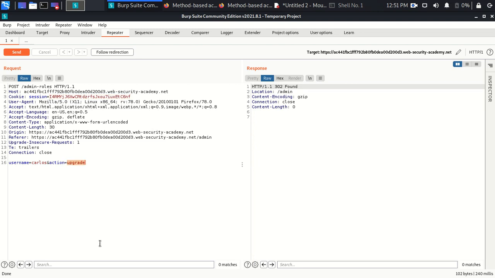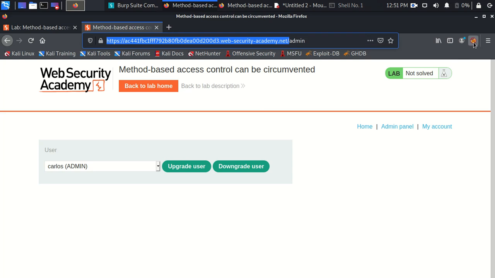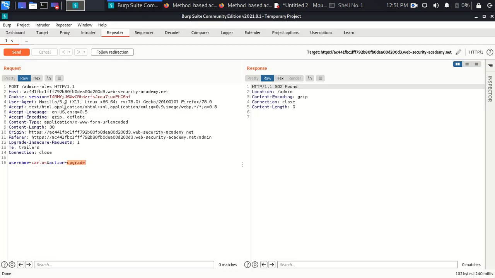But the thing is, we already upgraded this user, so we go here, make sure your proxy is off, and downgrade that user, right? So it comes to its normal position. Now go to Burp Suite, and we will try to upgrade by just changing the session ID. Unauthorized, okay, because this task is only assigned for the administrator, and here we are entering the session ID of the normal user. So it is expected that it will not work.